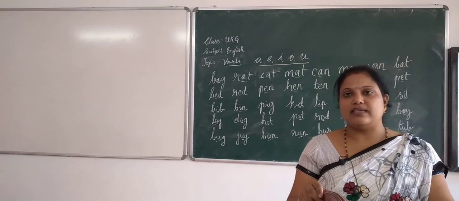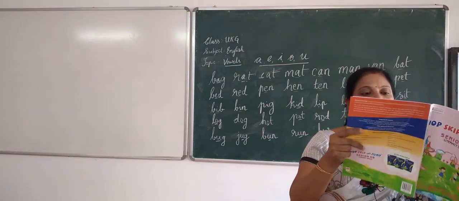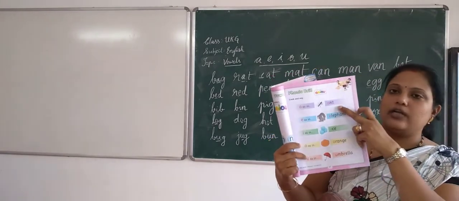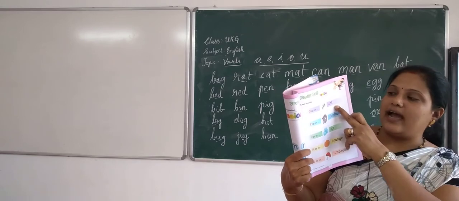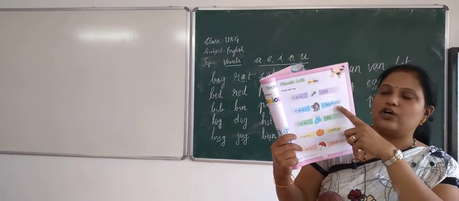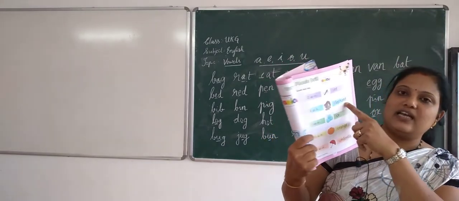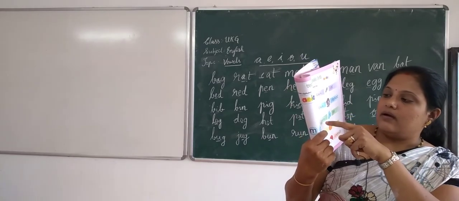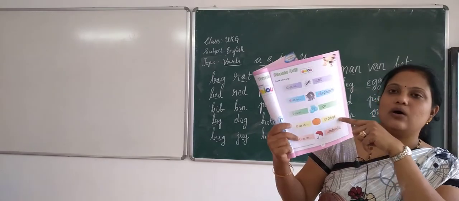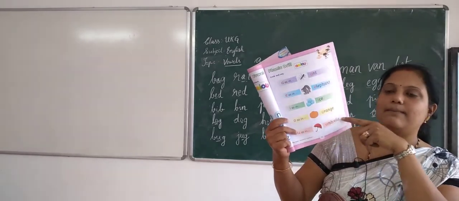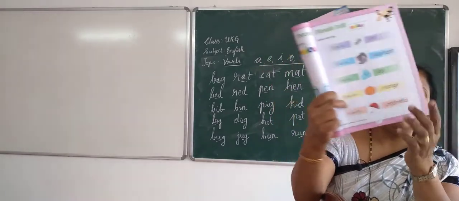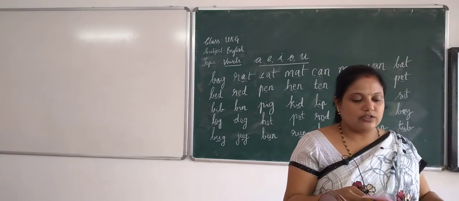Take the page number 27, okay? You can see that. Look and say. They have given all the pictures over there. Can you see this, children? What is the first picture? That is ant. A is an ant. What's the next picture? Elephant. E is an elephant. I as in ice. O as in orange. U as in umbrella. Seeing the picture, you should be able to read and identify the words, okay, children?